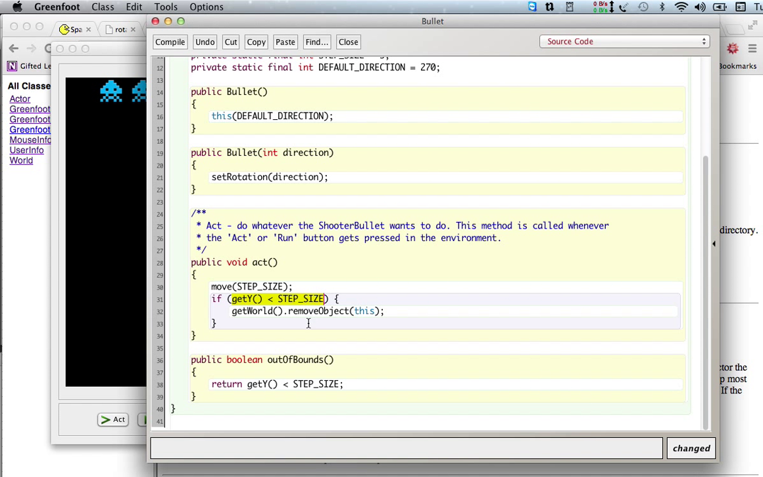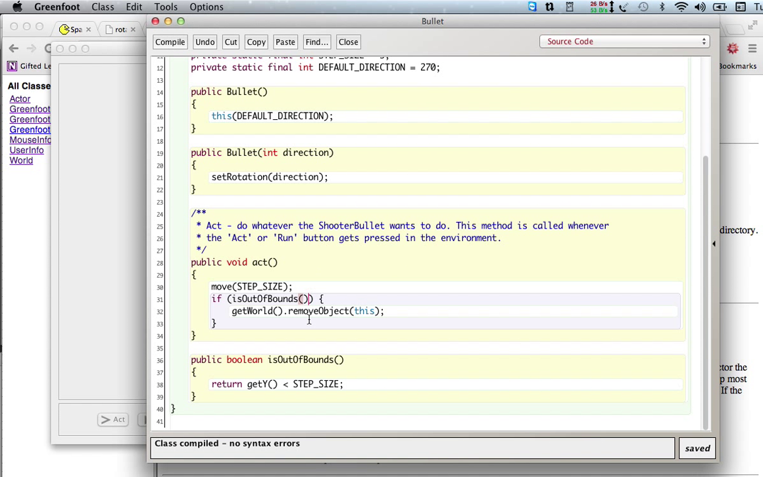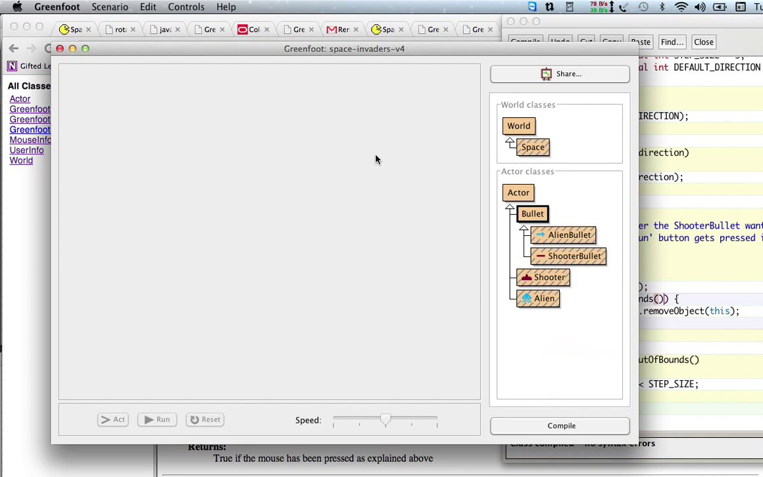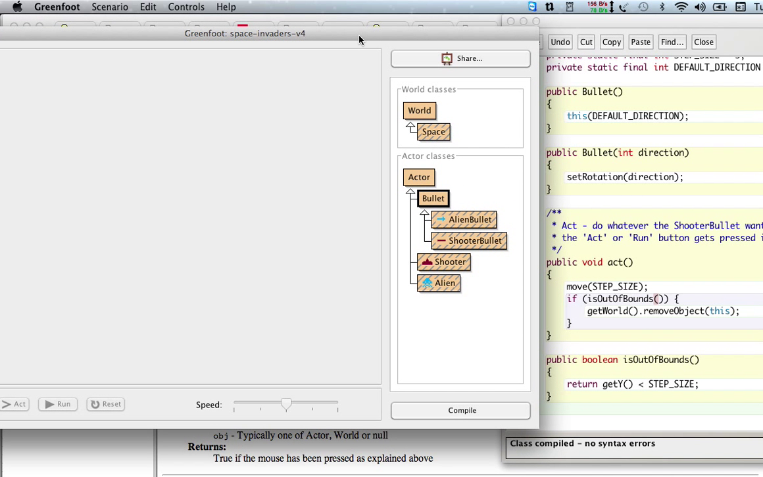This evaluates to true or false. This returns true or false depending on getY. Maybe isOutOfBounds sounds more like a Boolean. And I'll stick this in here. Okay, so why did I do that? Well, if I have an isOutOfBounds method,